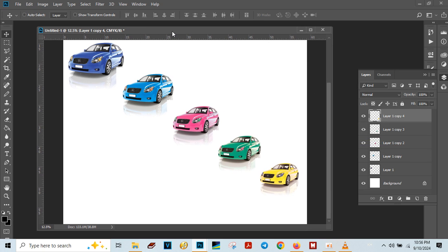Okay, so that's all. This is how to duplicate a car and change the color of the car